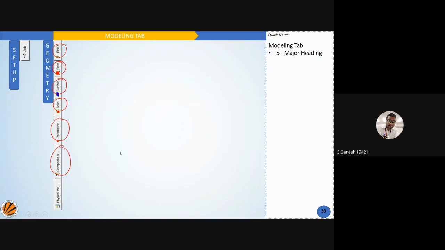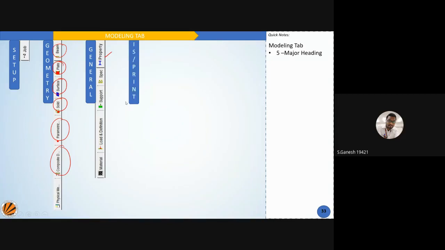Next, below geometry, you have general. Once you click on general, the sub-tabs will open, where you can see the properties and specifications, supports and loads, and materials. That will also be helpful. Next you have analysis and print. When you go to analysis and print, you can see how you want to run the analysis on the models, whether you want to do a post-analysis or pre-analysis.